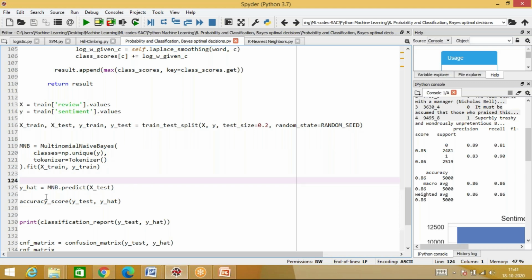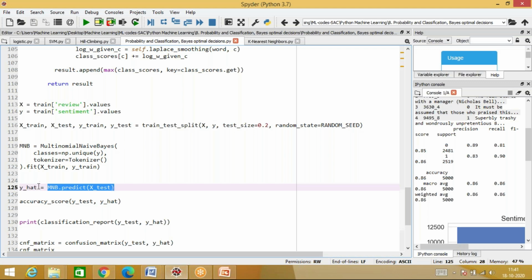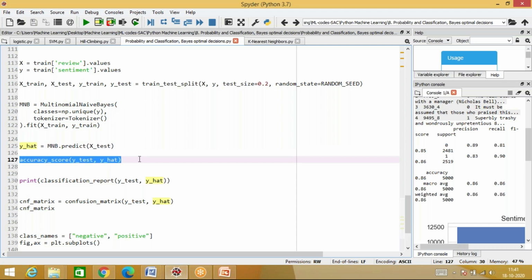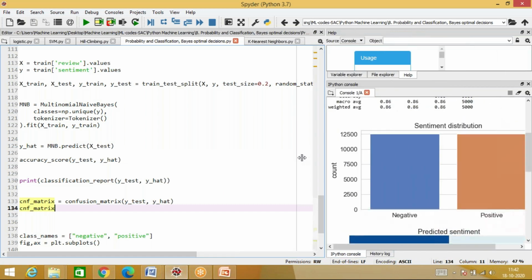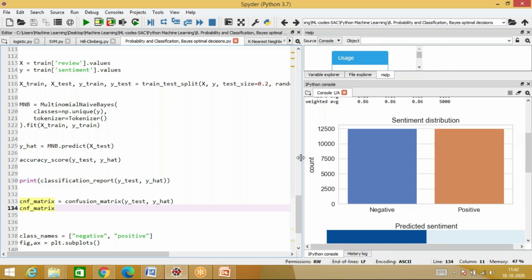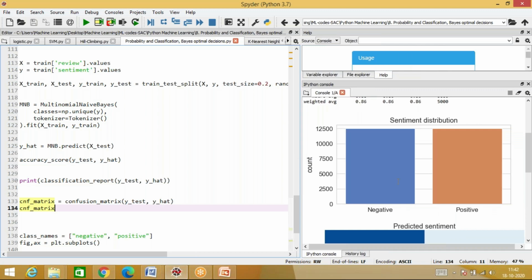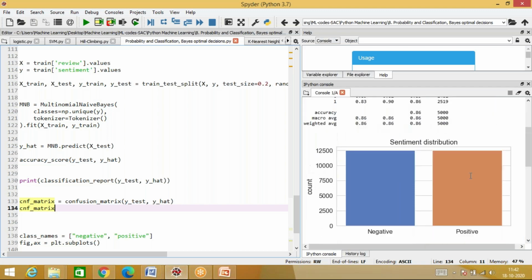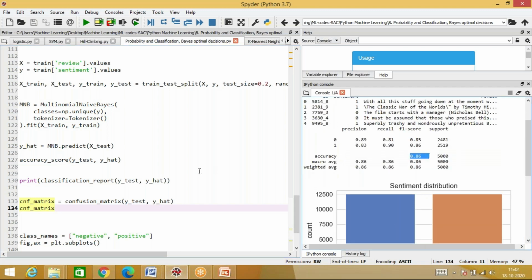Now once we've done this, I want to get the predicted value. So whatever is the testing data that we have for X, we have stored it in X test. I'll pass it, and then the predicted values are in this particular variable. As always, if I want to print the accuracy score, I'll just pass the test data and the predicted values. Now over here, when I'm running this, it is giving me an accuracy of 0.86. What this means is that 86% of the time the predictions that were made were accurate,